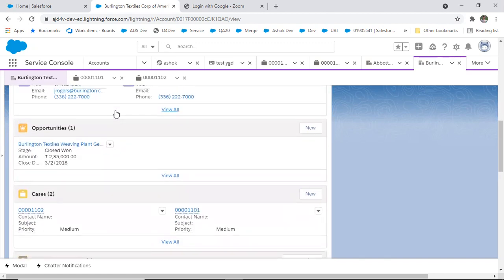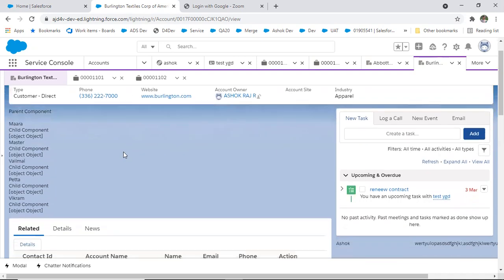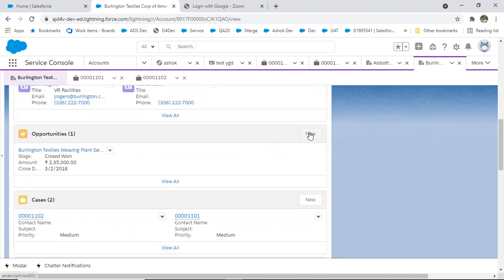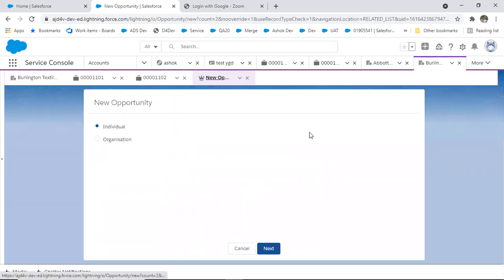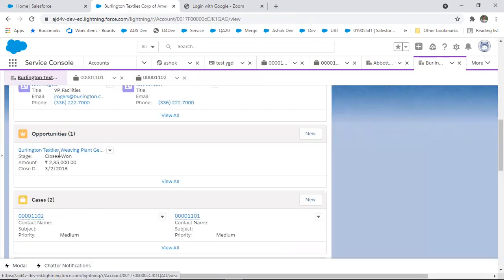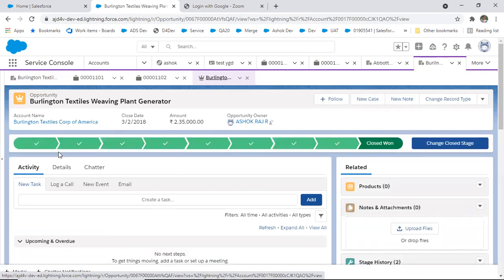So as a sales representative, I'm the one going to use Salesforce. I'm a part of MRF. What I will do is go to this account, come here and create a new opportunity. An opportunity is nothing but a new business. I'm trying to give a new business over here, so those opportunity details will be maintained here. If I want to get the details about the opportunity, how much the amount is and which stage it is in, I can monitor all these things here.